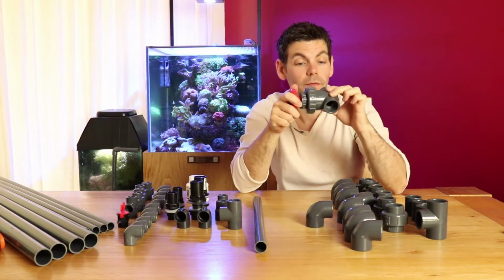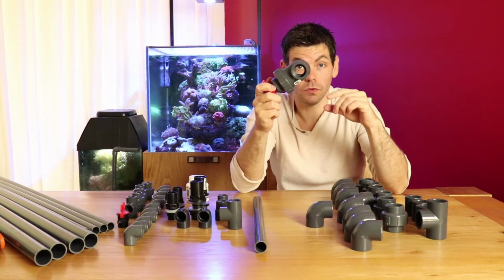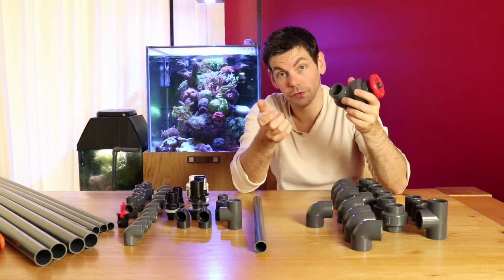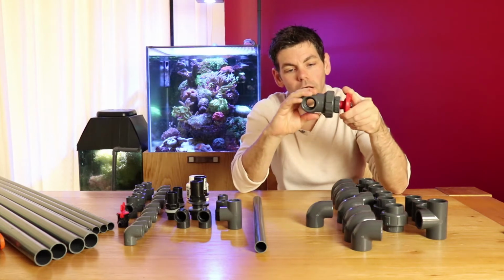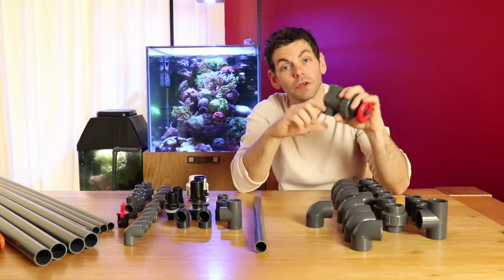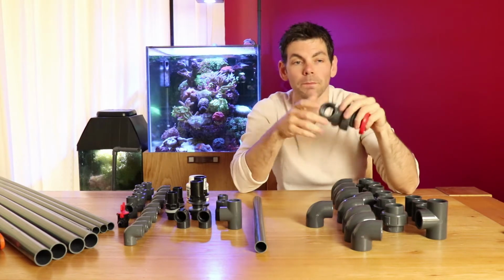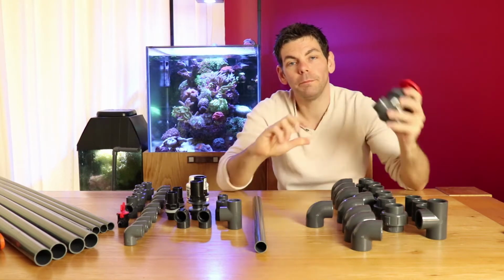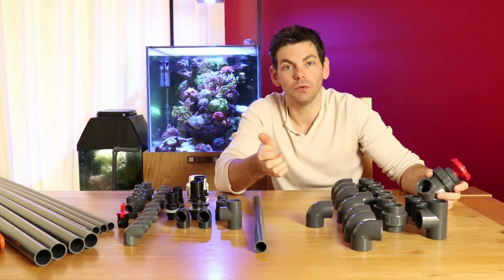This particular piece isn't cheap. I think this ran me about £60, and you might think, oh, that's a lot of money for a tap. Well, it is a lot of money for a tap, considering you can buy a ball valve for under a tenner. The difference is this is designed to restrict flow. Ball valves are designed to turn flow off and on. They're not really designed to adjust flow. They can be used to adjust flow,